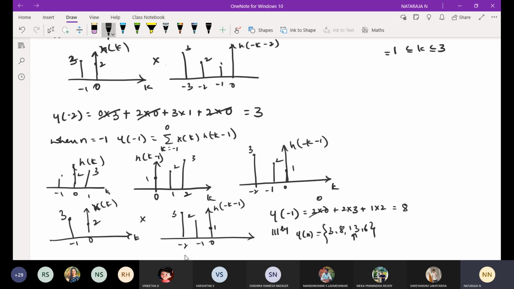Try for another 2, y of 0 and y of 1. See, very important. Easily you can get 8 to 10 marks. This kind of problems they will ask. These are the finite set of sequences. Yesterday and today we have solved 2 problems. Formula method for finite sequence. Graphical representation for finite sequence. Then in this we need to discuss infinite sequence with respect to formula method and infinite sequence with respect to graphical method. Totally 4 different types in discrete and 4 different types in continuous.